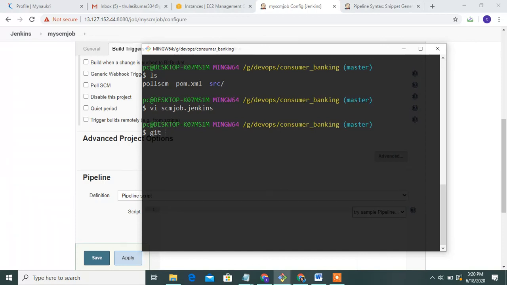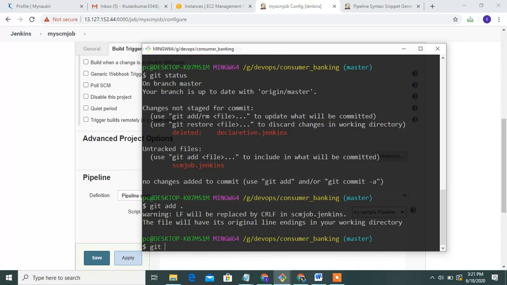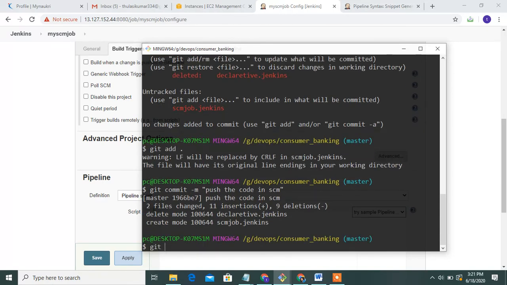Choose the project, and we do git add, then git push.